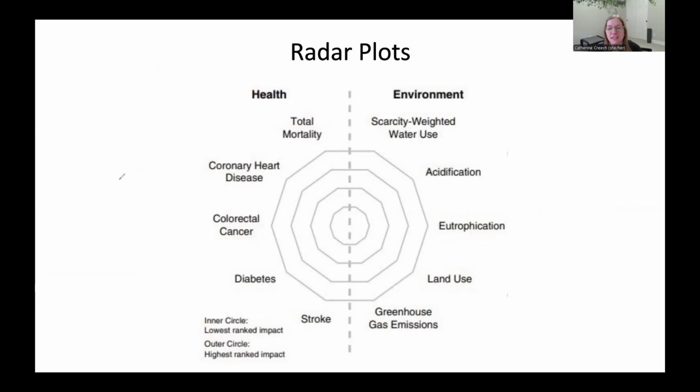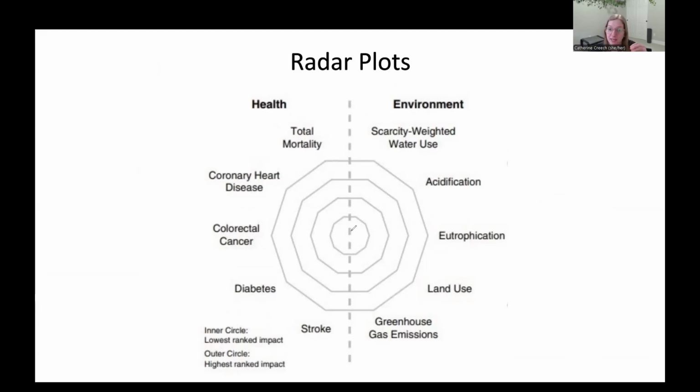A radar plot in the center would be a low level, and on the outside would be a high level. I'm going to go ahead and get my pencil ready so that we can draw on this. If I had a health impact that was really high, I would put a dot out here on the high level, the outside. But if I had a high mortality rate and a low coronary artery disease, it would be a dot here. Let's say that it's the same for diabetes, colorectal,